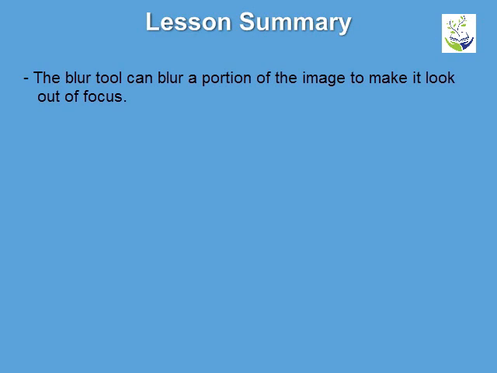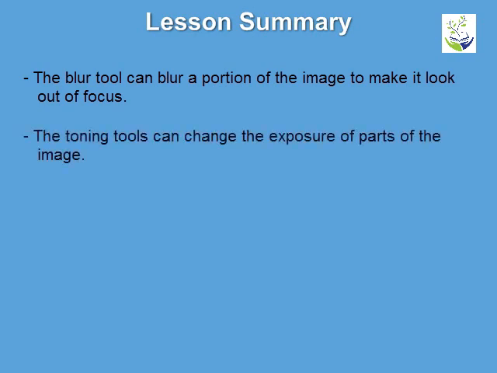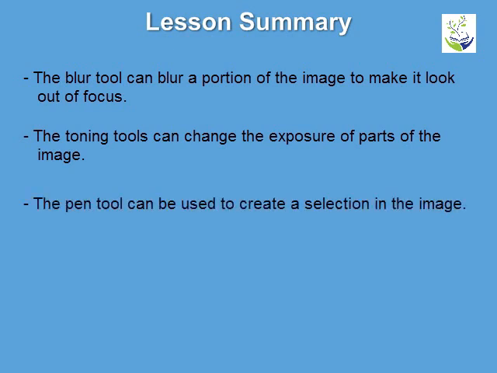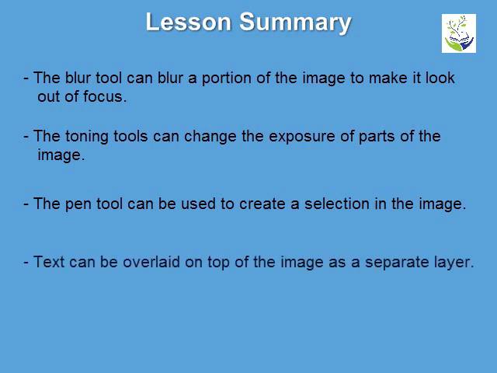The Blur tool can blur a portion of the image to make it look out of focus. The toning tools can change the exposure of parts of the image. The Pen tool can be used to create a selection in the image. Text can be overlaid on top of the image as a